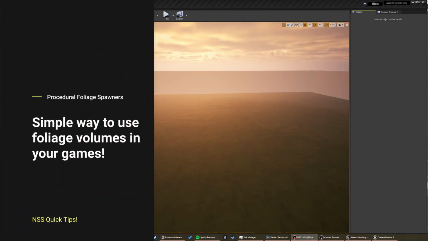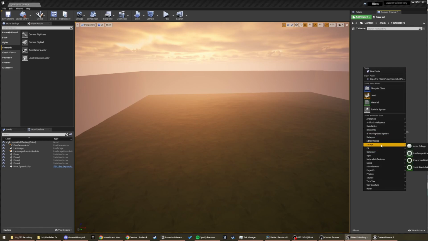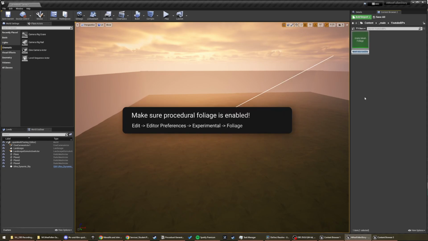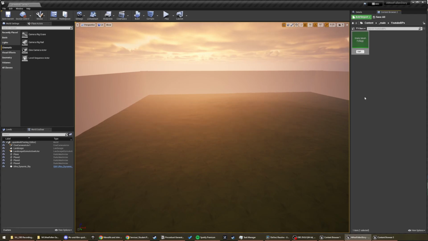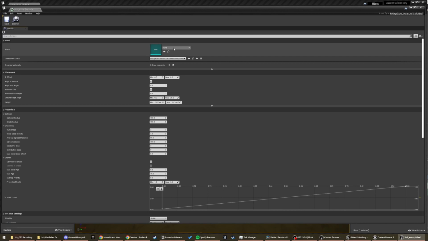Alright, so this is just going to be a little video demonstrating procedural foliage volumes. So the first thing we're going to do here is go to our content browser, go to Foliage, and create a static mesh foliage. My naming convention is SMF, and we'll just call it example tree 1. And so we're going to open it up, I'm going to bring it over here to this screen,